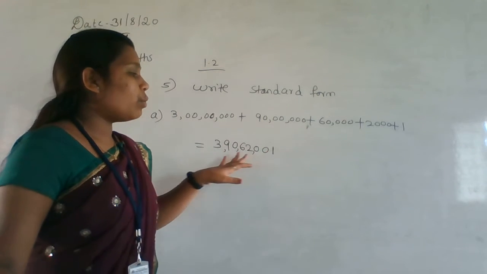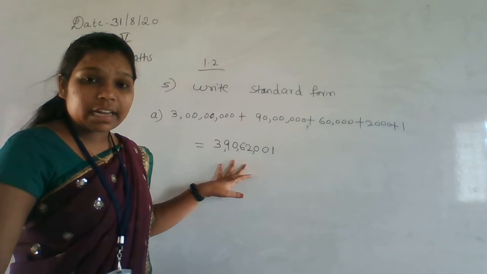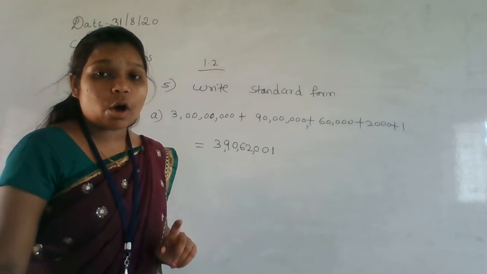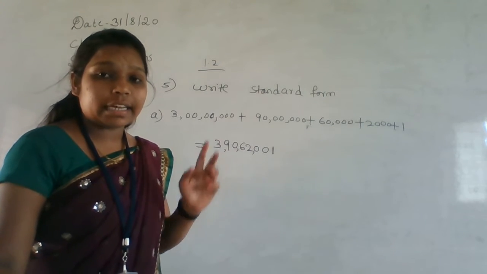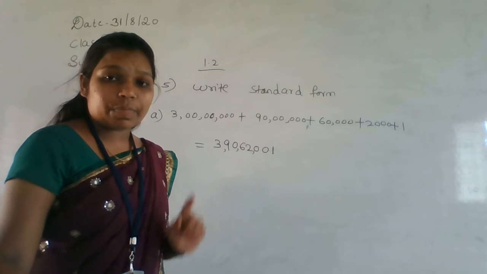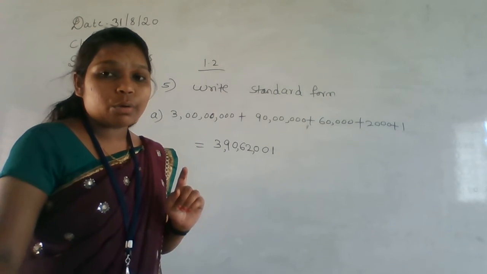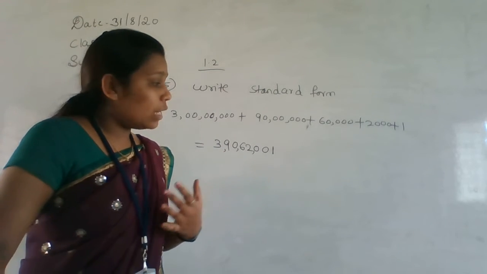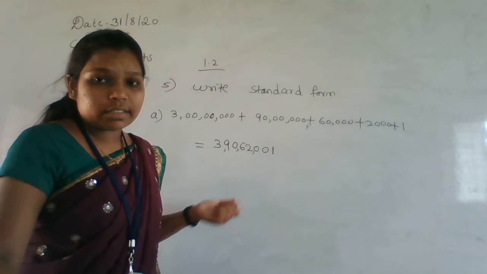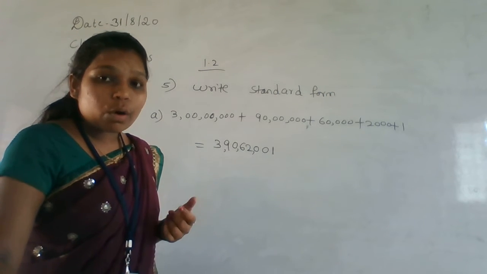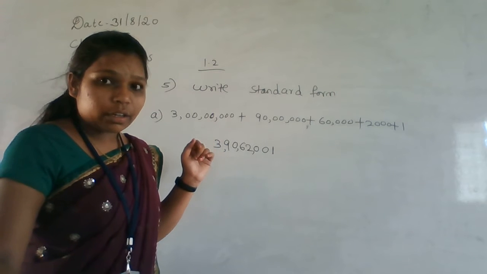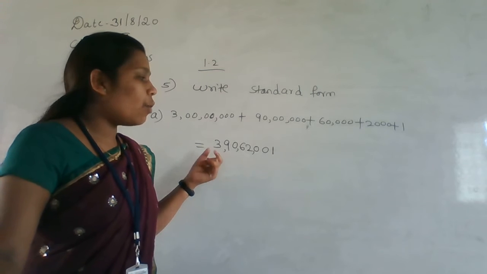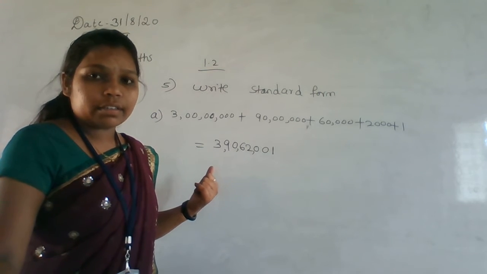Depending on the zeros, we have to write the number here. So that's why please be thorough with the place value chart. How many zeros are there for the crore, how many zeros for the 10 crore, and lakh, 10 lakh, 1000, 10,000, 100, 10. Everything you have to be thorough with. Okay, you have confidence in that, right? Then only you can solve these problems. Otherwise it's very difficult. If you know how many zeros for the crore and 10 crore, then only you can recognize in which place the values are. Otherwise, how will you write this number? It's very difficult.